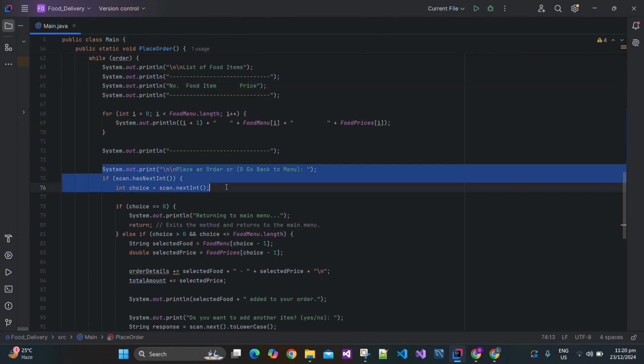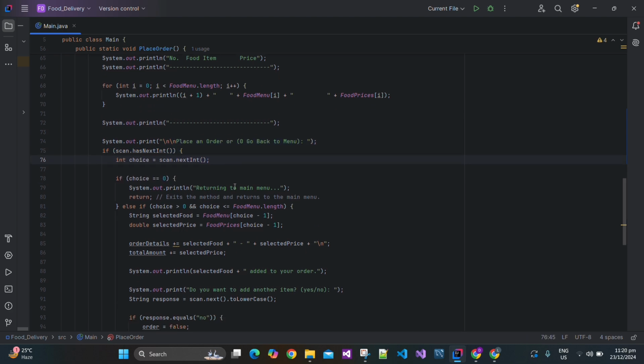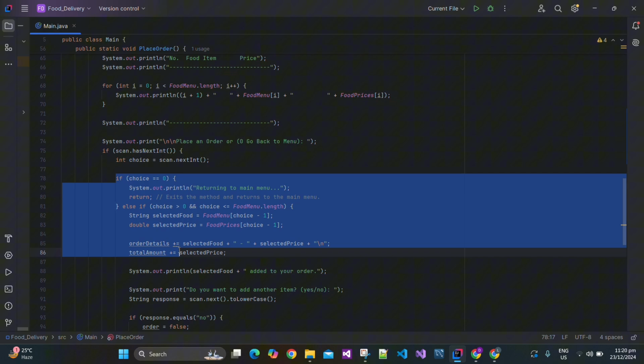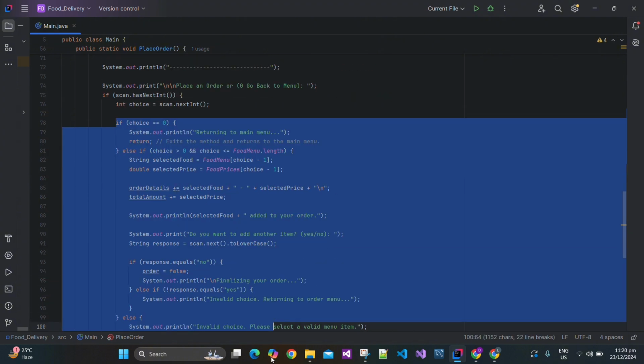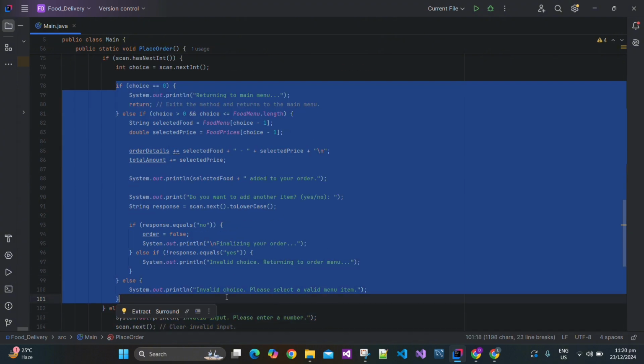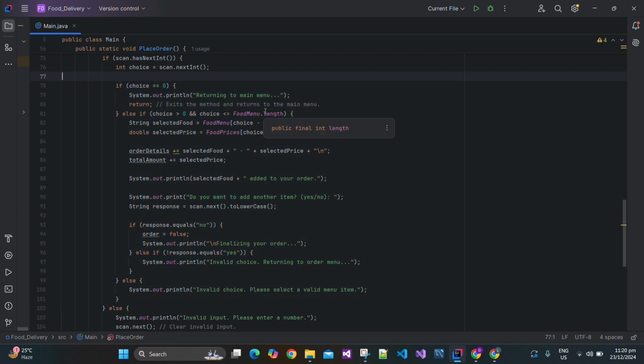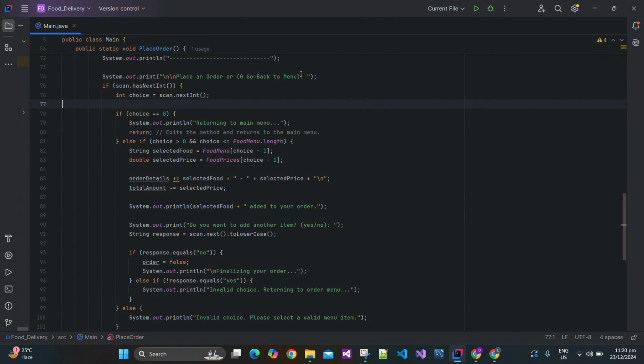User input for selection: the program prompts the user to input a number corresponding to the food item they wish to order. If the user enters 0, the method returns to the main menu and exits the loop. If the user selects a valid menu item number between 1 and the length of the menu, the program proceeds to the next step, otherwise it displays an error message.